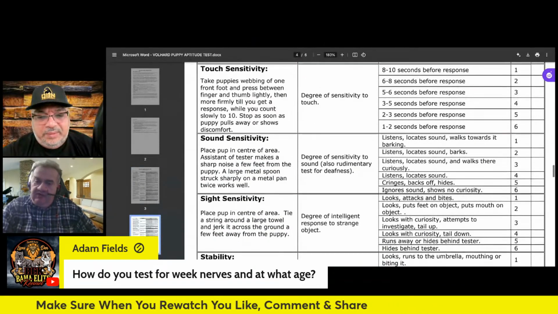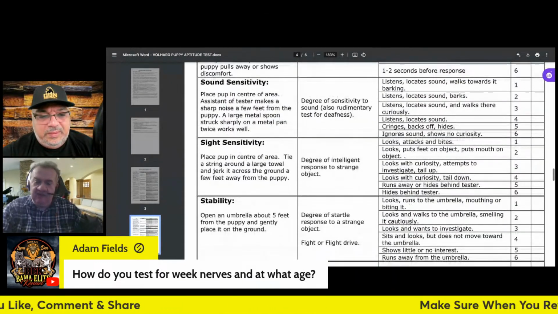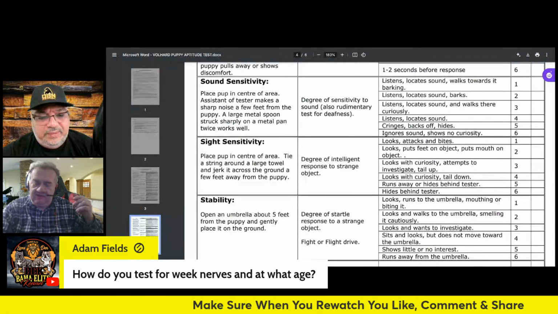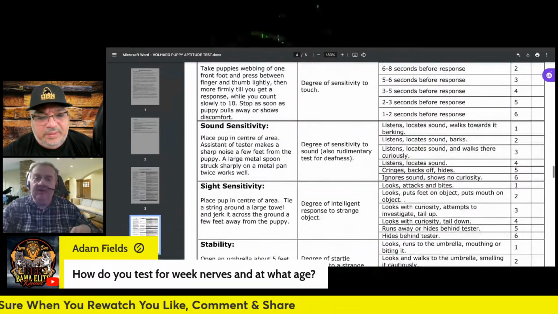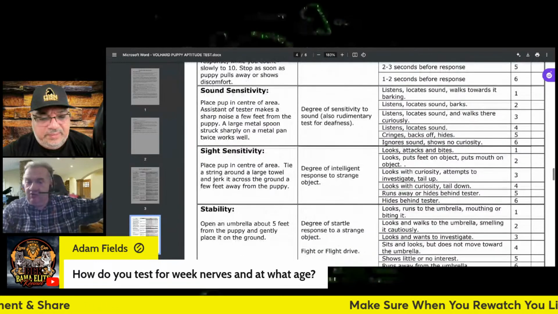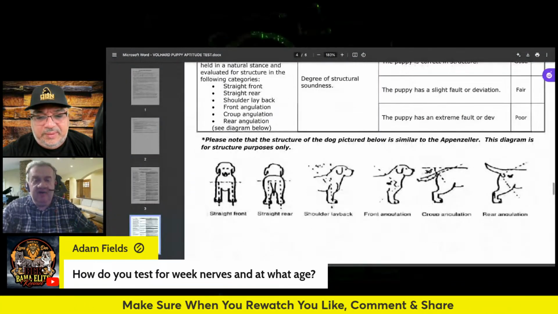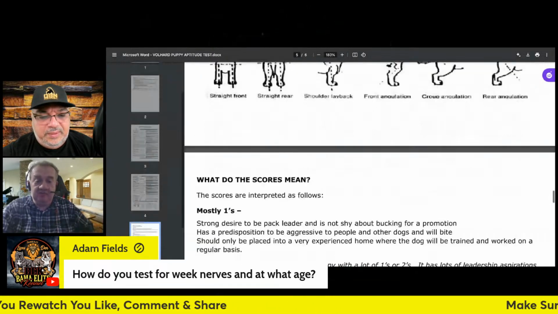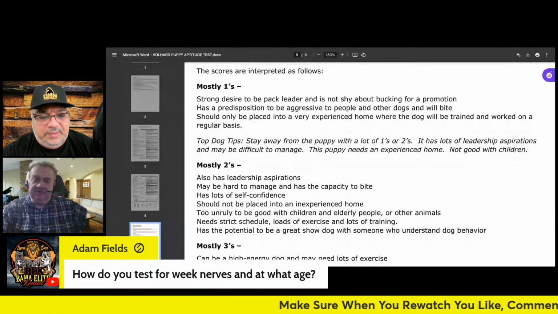Then you socialize them to different sounds. Like I do for my puppies, you play a recording with a vacuum cleaner sound, a blow dryer sound, a washing machine sound. In other words, household noises, gunfire, because you want to make the dog's nerves calm. For all these noises, you want them to think of it as white noise, like, whatever. So you start playing sounds for them at different ages so that the puppy gets accustomed to different noises and ignores them and doesn't startle by them. So that's socialization and desensitizing. That's still done at the puppy stage.